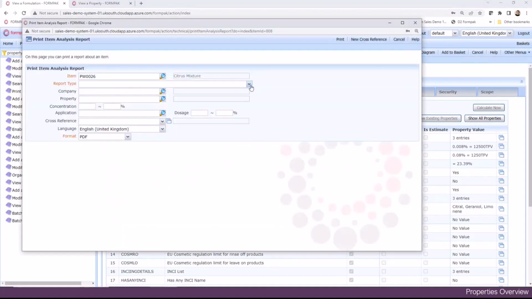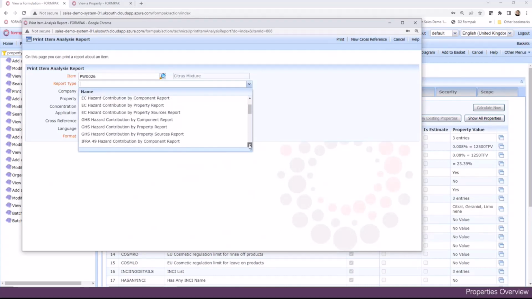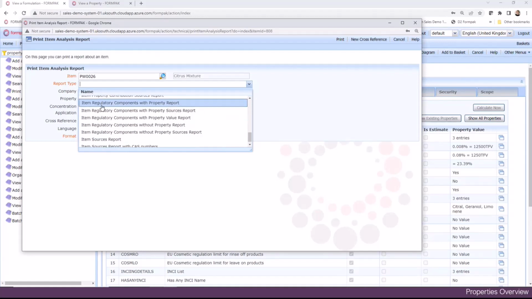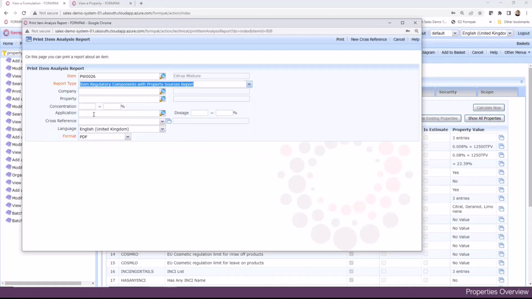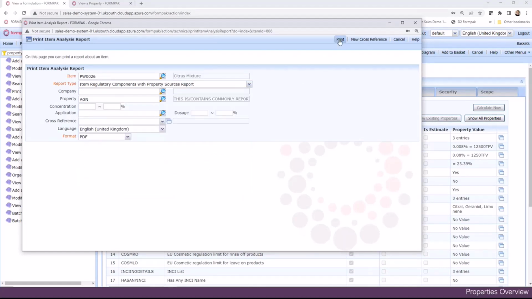It's got the item. Because I know that I'm interested in the regulatory component, I'm looking at a regulatory report. So I'm looking at item regulatory components, and the ones I'm interested in and where they're from. That's with the property and then the sources. The property I'm interested in is the AGN. If I print,